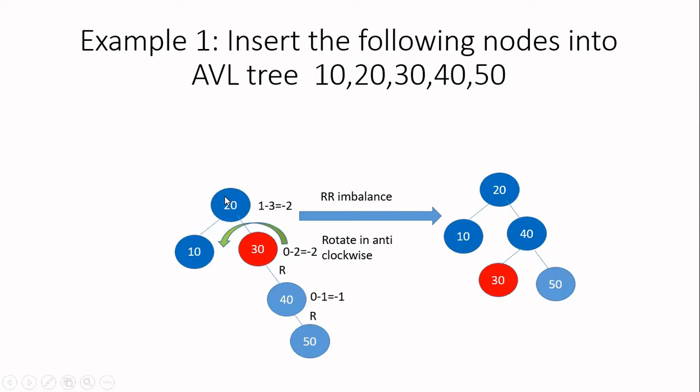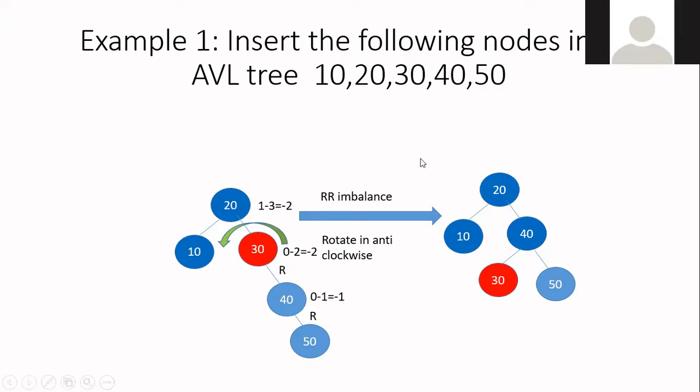That is, 20 is the root node of the tree now. First, you are visiting 40, it is balanced. Then you are visiting 30, it is having balance factor as -2. That means it is imbalanced. So I have to balance only this. Even though I have two nodes, I'll be balancing only the node with value 30. When I do that, automatically the other node, that is 20, will be balanced.